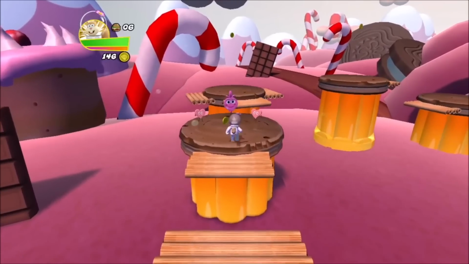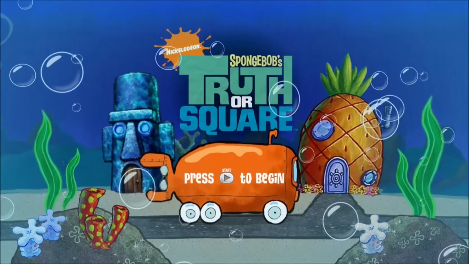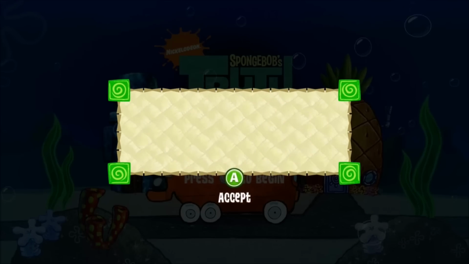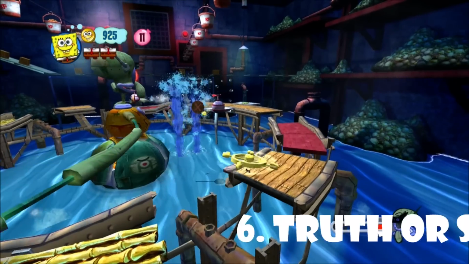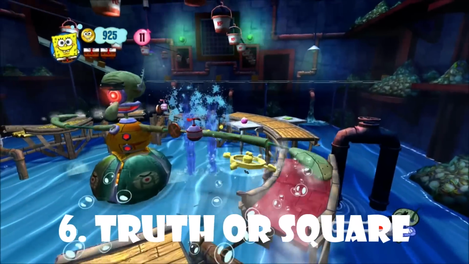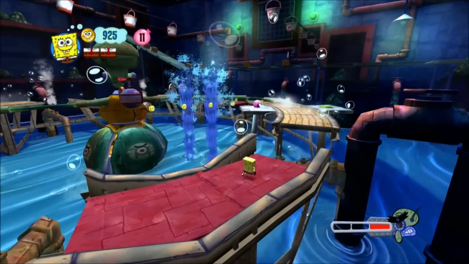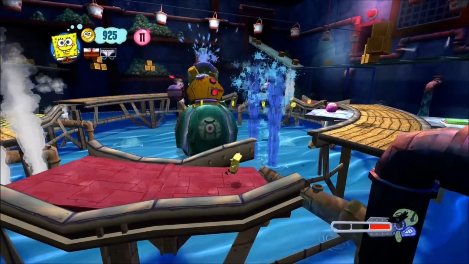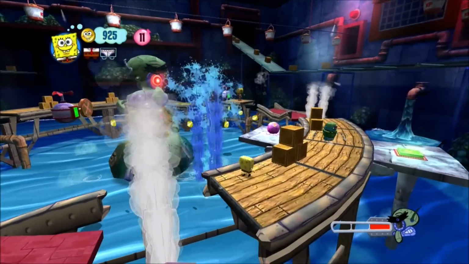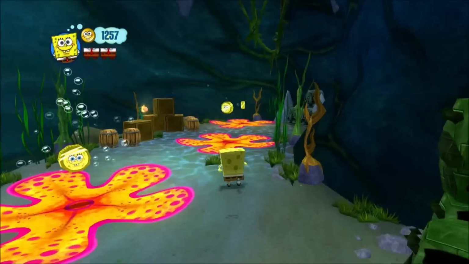Like, just don't. And so here we have SpongeBob Truth or Square releasing in 2009. This was also developed by Heavy Iron Studios. This was to coincide with the episode of the same name, and I don't remember liking the episode too much. And so for this game to get its own video game and its own 3D platformer SpongeBob game, I was like, huh. I never tried this game until I was about to make this video,